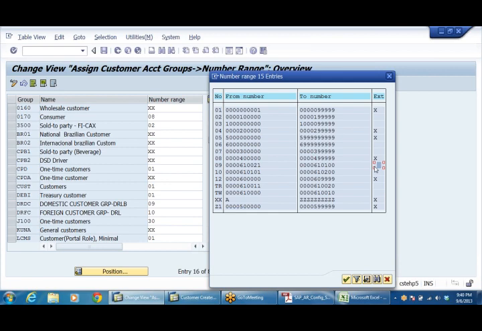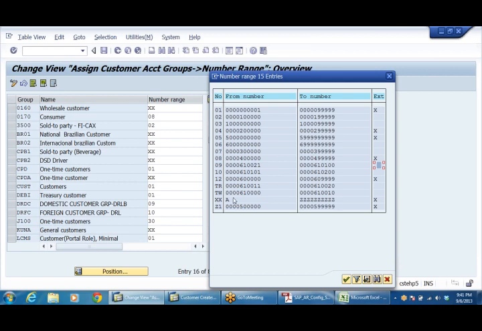Companies ask for external number range where they want to create a customer number based on some alphanumeric number. In such a case there is no serial number for alphanumeric, so we give an external number range, say XX A to ZZZ.